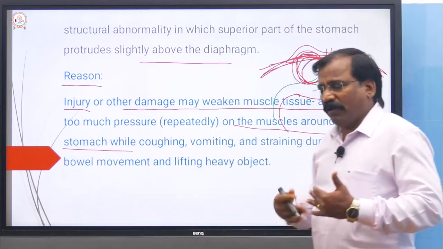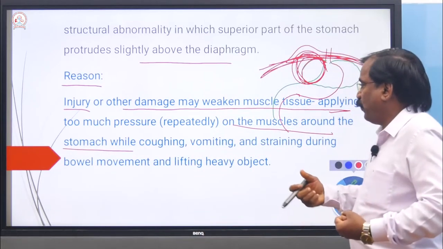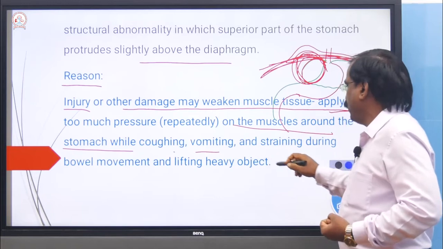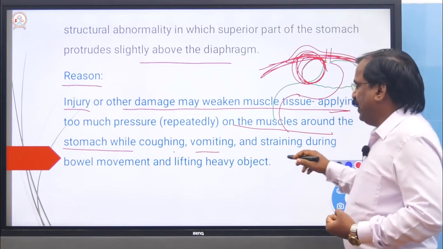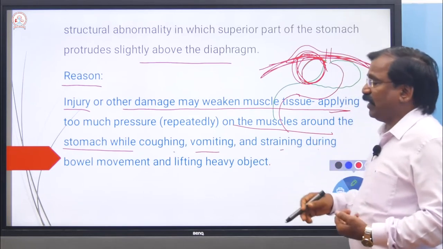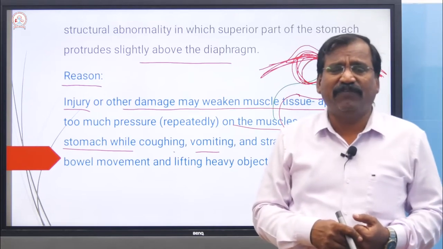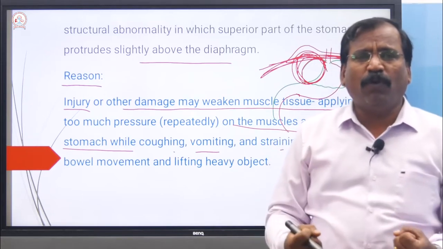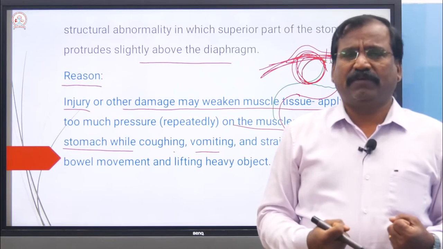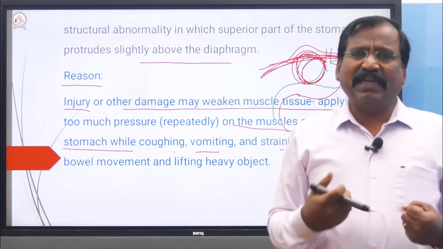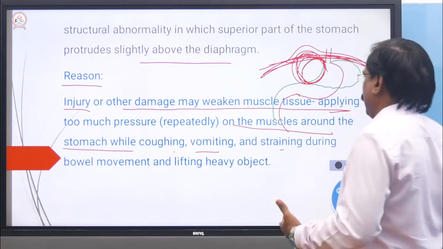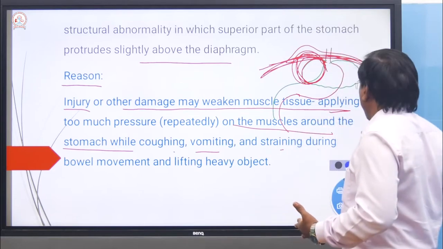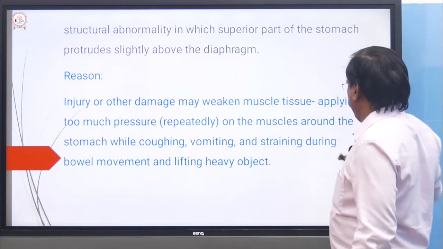என்ன பண்ணுது, ரொம்ப weight lifting or frequent coughing, vomiting, weight lift, அப்புறம் வந்து பாத்தீங்கன்னா straining bowel movements during the defecation, more pressure for defecation. In those conditions, because of these reasons, the upper side of the stomach